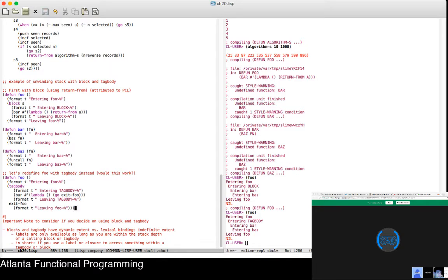A couple of things to note about this. The type of extent that blocks and tagbody have is what's called dynamic extent, instead of lexical environments, which have indefinite extent. And what that means is the lifetime of a label is only within the call stack of that label. So if you exit a function, all the labels accessible within that function are no